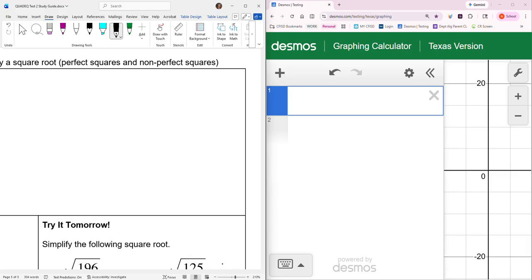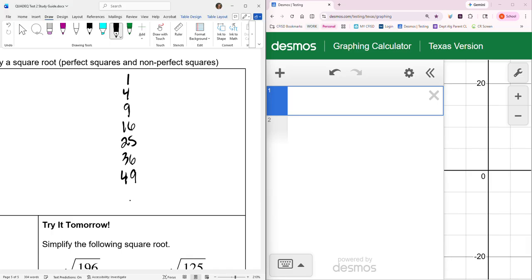So I'm going to go ahead and list out my first 12 perfect squares, and this will help you anytime you're dealing with completing the square, the quadratic formula, or taking the square root. Listing out your perfect squares will help you memorize them, and that will give you a deeper understanding of the numbers. So I'm just going to do 1 times 1, which is 1, 2 times 2, which is 4, 3 times 3 is 9, 4 times 4 is 16, 5 times 5 is 25, 6 times 6 is 36,